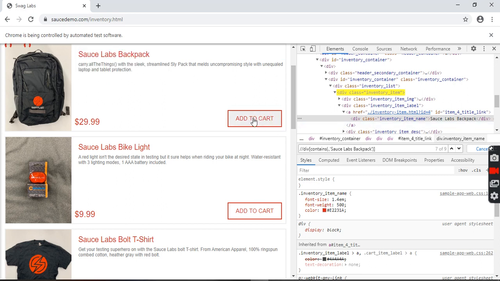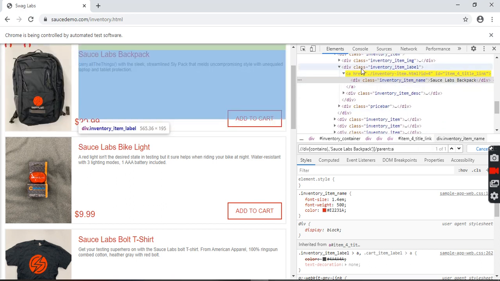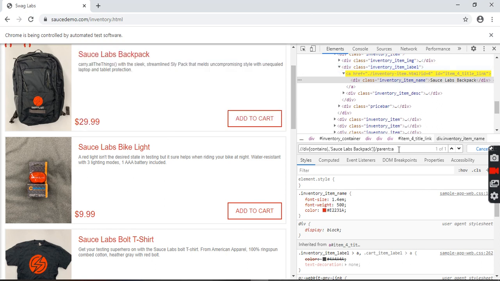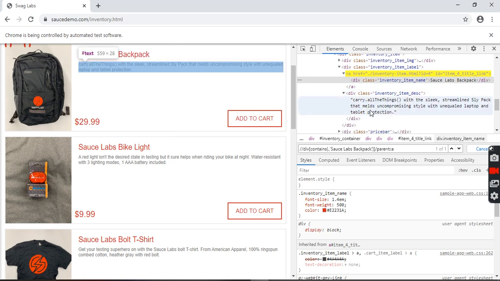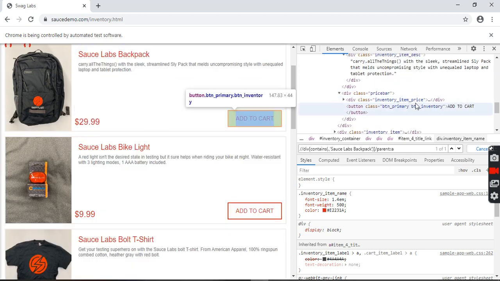So how can we go here? How to identify this particular element? Okay, so parent A. Now I came here. Okay, this one. The add to cart button is located here.